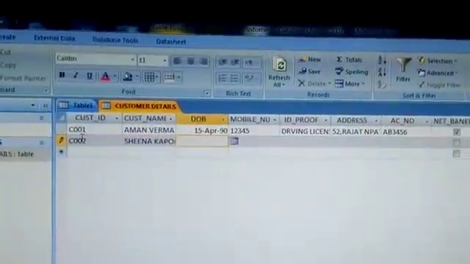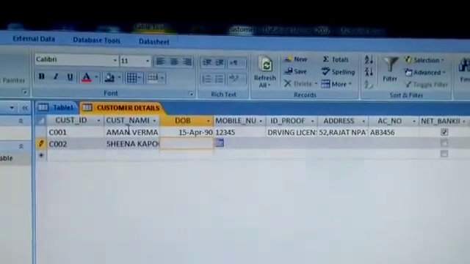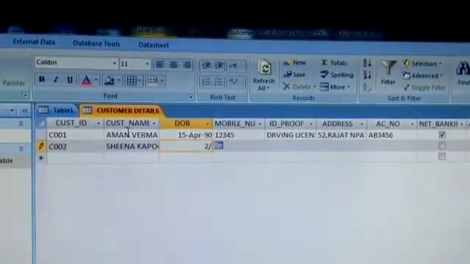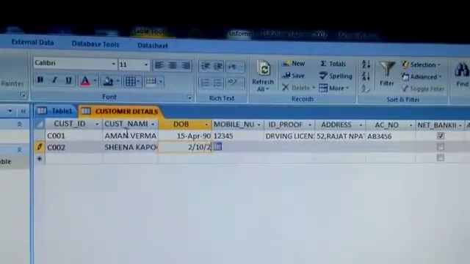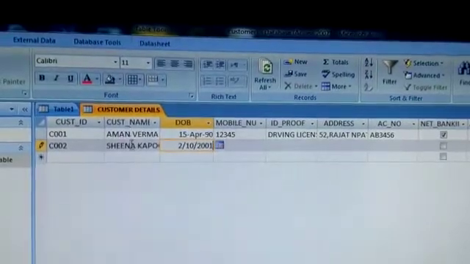Sheena Kapoor. Type the date of birth in MMDDYY format. Suppose it is February 10, 2001.